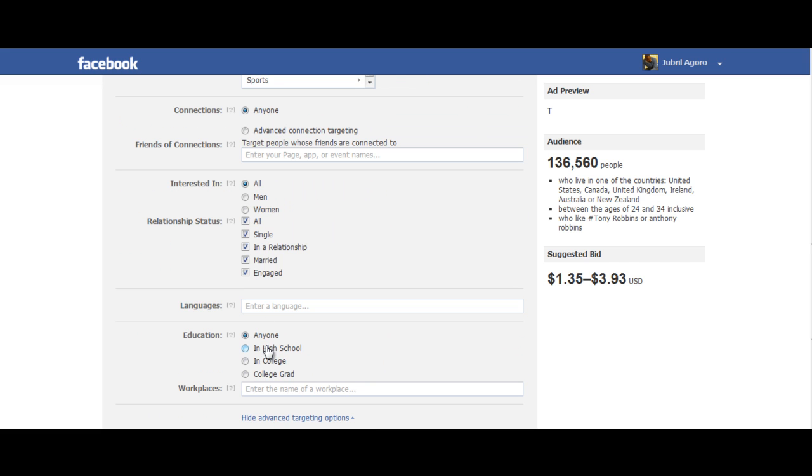And as you can see here, you can target any kind of category that you want. If you only want to do men, or if you want to do people in a relationship, you can target different types. For the last client that I was showing you, they said they connected better with men, so I only focused on men with that. But here, I'm just going to leave it all the same.